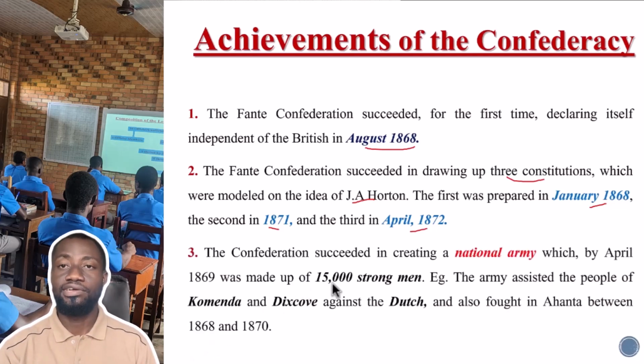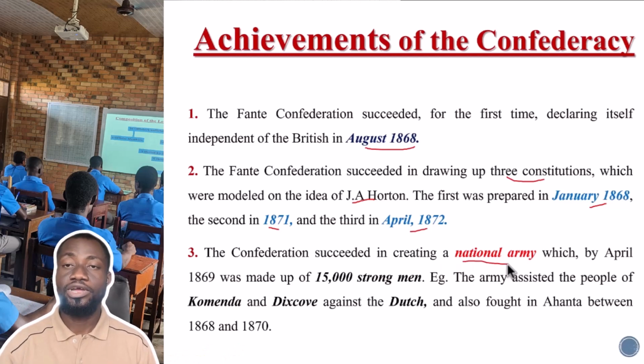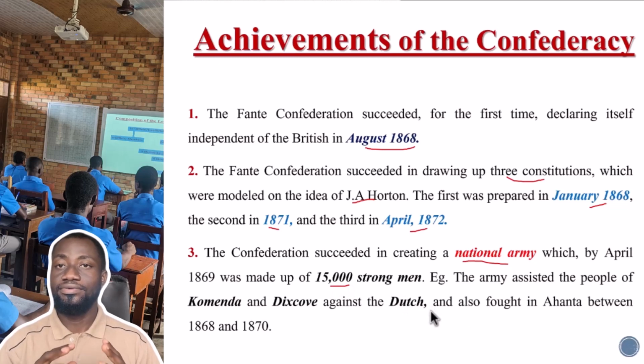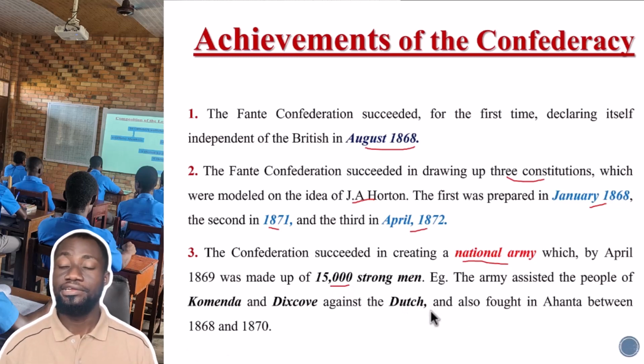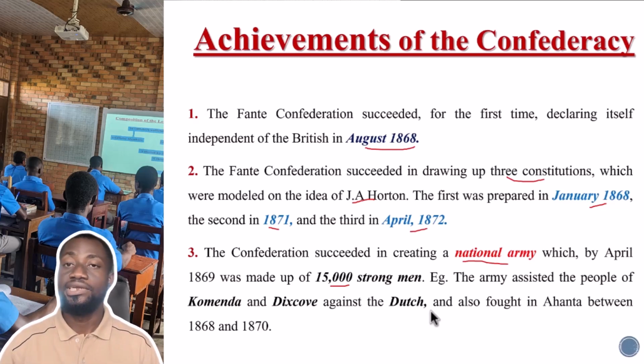The Confederation succeeded in creating a national army. For the first time, the Fantes were able to create a national army, which by April 1869 was made up of about 15,000 strong men. Now, for the first time in the history of the Southern state,